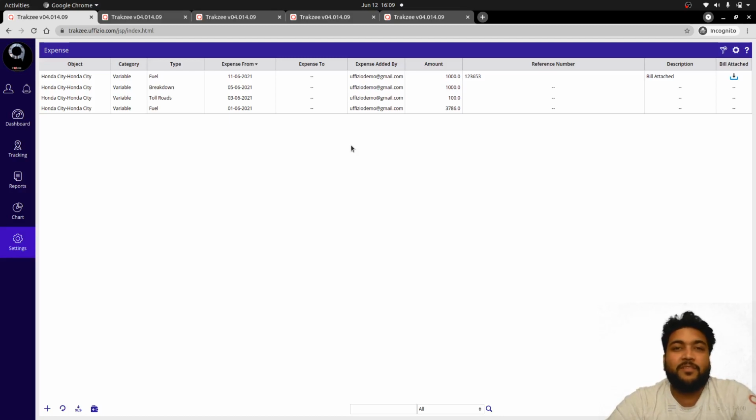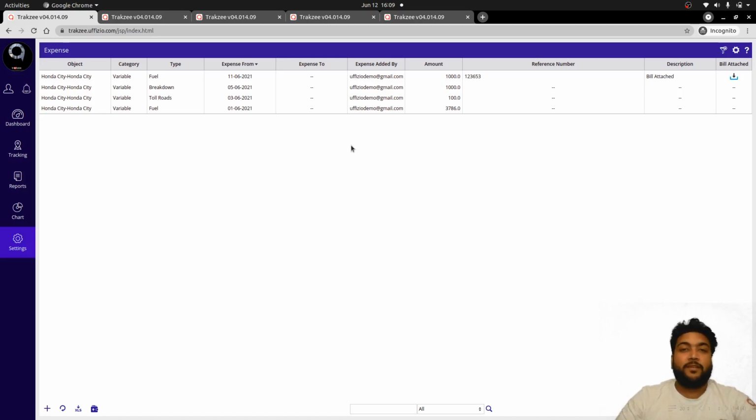So the reason why a business needs an expense module is because it helps to break down operational cost and compare it with the revenue. So managing expense with a large number of fleet is equally important to compare it with the single fleet usage. So with this expense module, you will be able to know how well your business is doing, and also you can make smart financial decisions over it.